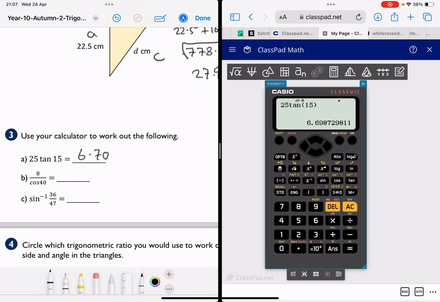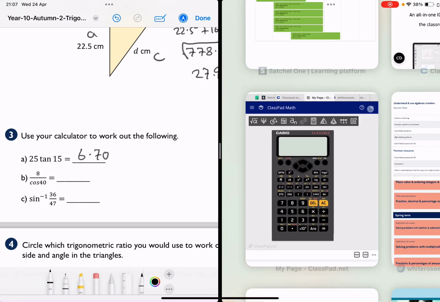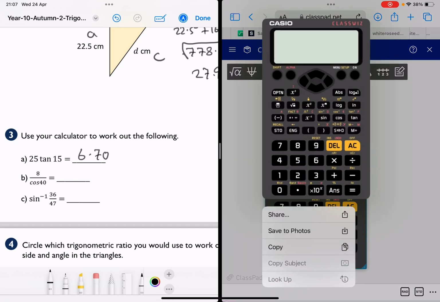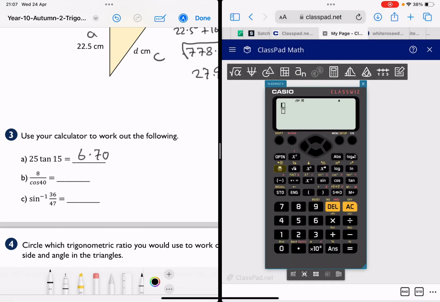Next one, I'm going to clear it again. Still got the D up there. Use the fraction button. Oops, it doesn't seem to want to work for me. Let's try again. Now I use my finger. And then on the top, I've got 8. Go down by using the down arrow. I've got cos. Remember the brackets, 40. Close my brackets off. Press equals. 10.44,